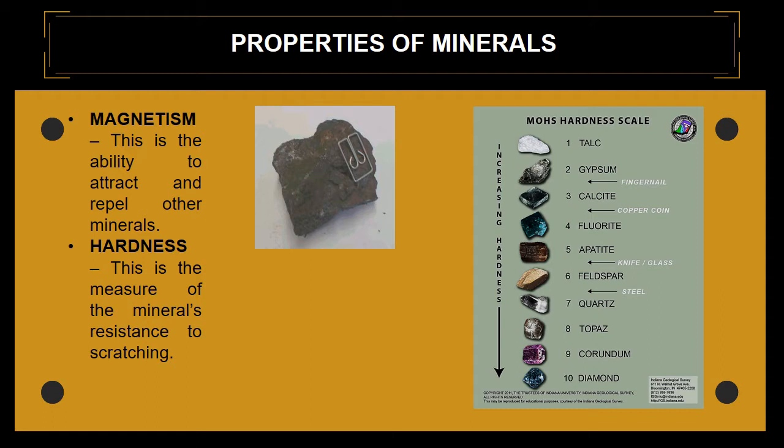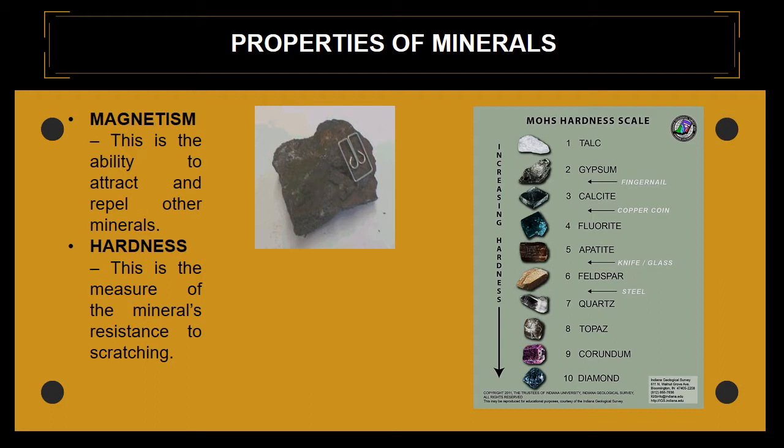So, next we have hardness. This is the measure of the mineral's resistance to scratching. Ito naman yung resistance to scratch. Ibig sabihin, hindi mo magagasgasan to. So, we have itong kilala na Mohs hardness scale. Kilala to dahil siya yung considered as the table for the hardness of the mineral. Ito yung mga kilalang minerals. Nilagay dito yung kilalang minerals na mula sa sabihin natin nga, pinaka-least resistance to scratch up to the hardest